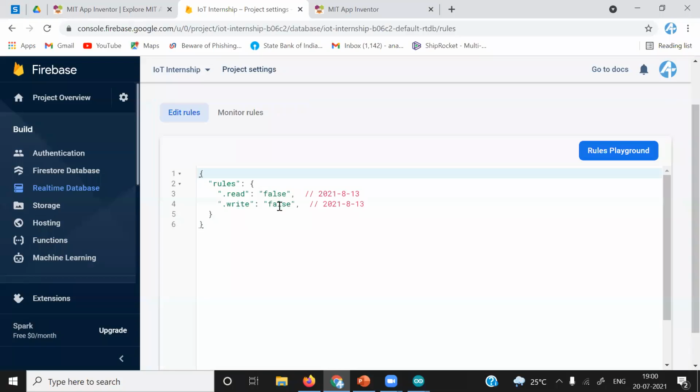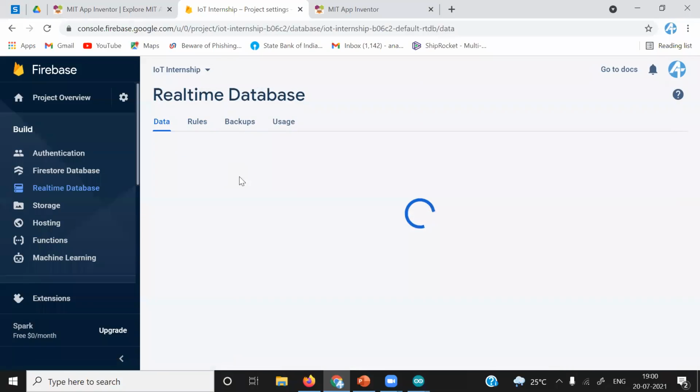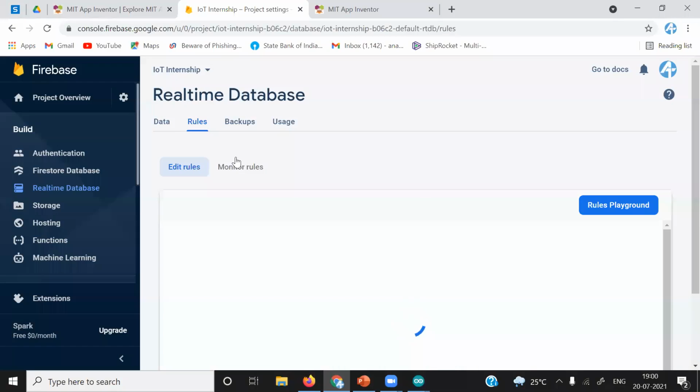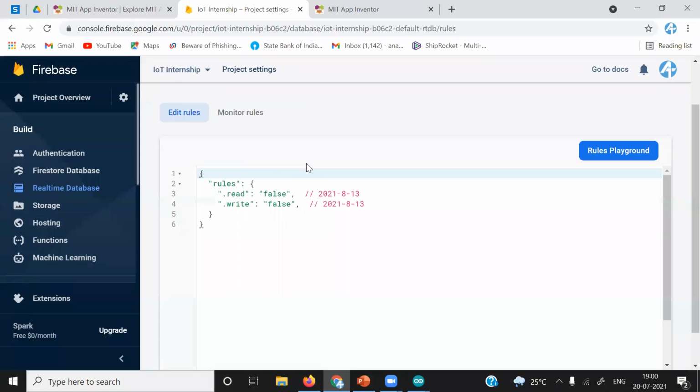So even if someone has this database URL, they will not be able to access your database. Only if they have your database secret as well can they interact with your database. So always remember this to make your application or project more secure.